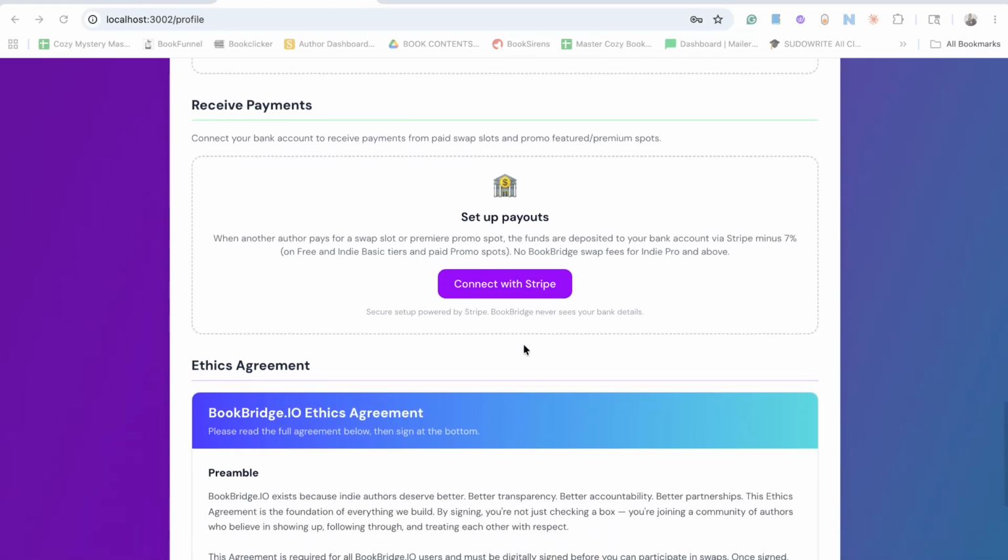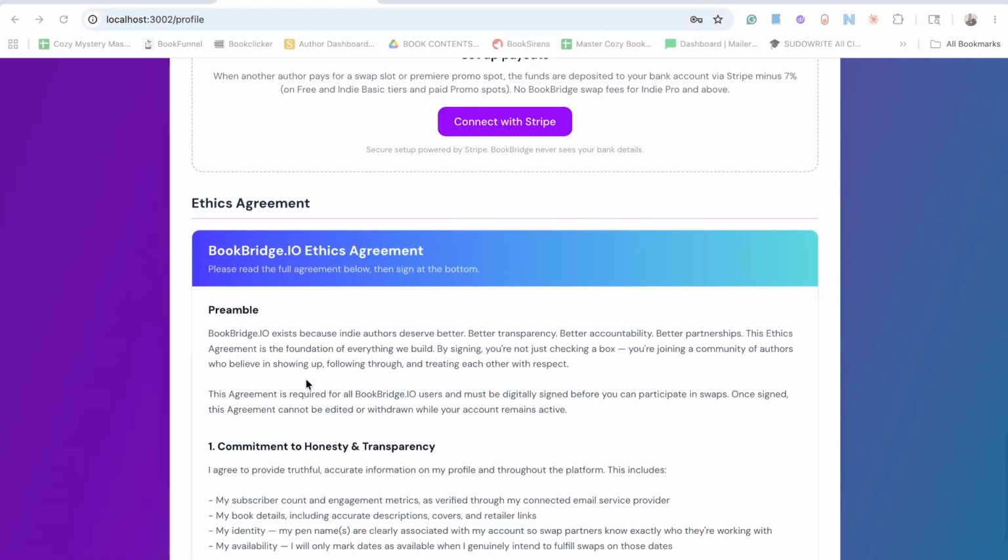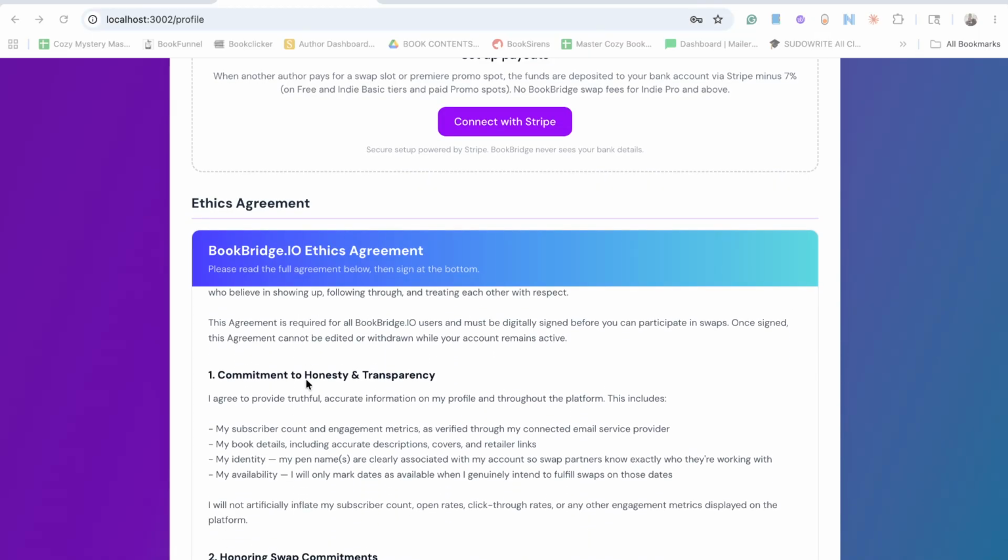Okay. Now, what is unique to bookbridge.io is the ethics agreement. And I put this in here as it's basically a look. For the last 3.5 years, I have been conned, stalked, chargebacks, like a handful of chargebacks, and people just ghosting me. And it did not contribute